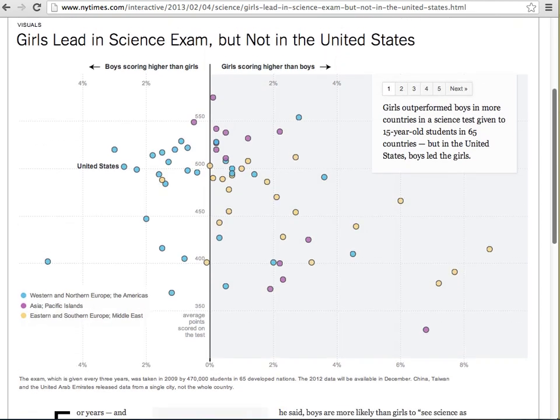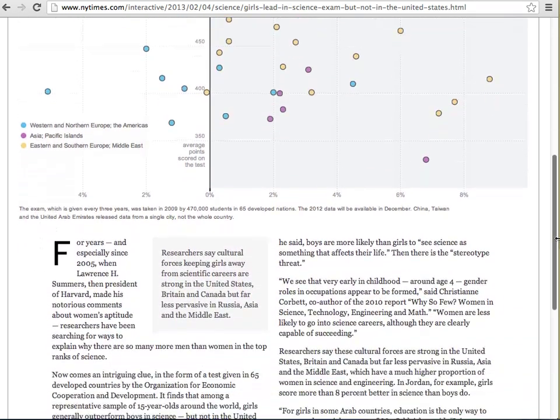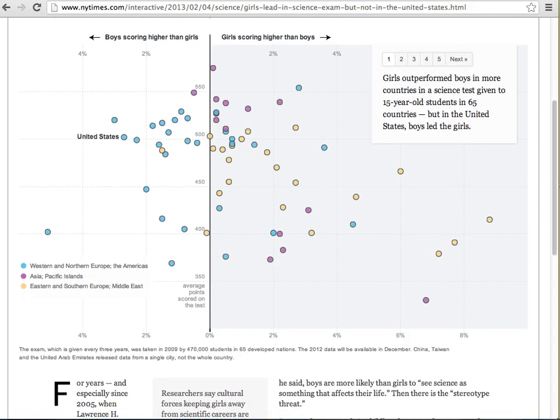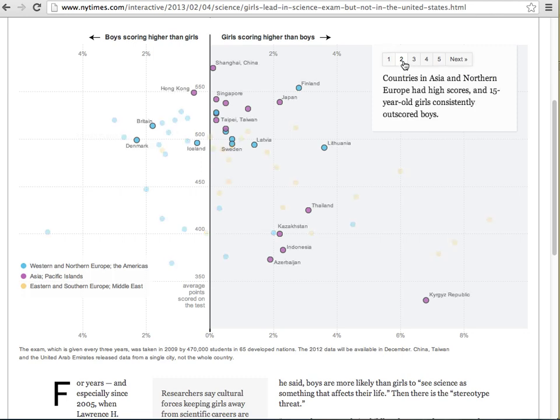It happens to be about testing among girls and boys that are 15 years old in different countries of the world. So here it's showing you a graph and then has the associated article about the information, but really the new aspect is to take this data and to create not only a graph that shows the result, which is girls outperform boys in more countries in a science test given to 15-year-olds, but in the United States, boys lead girls. Here's the interactive aspect of it. So you can see here they're showing countries in Asia and Northern Europe had high scores, and 15-year-old girls consistently outscored boys. You can see the